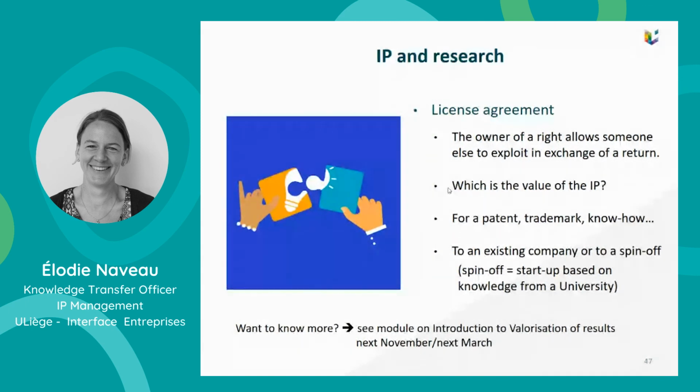And then the next step will be the license agreement. A license agreement is an agreement during which you allow someone else to exploit the invention in exchange of a return. The return can be a return in money, but it can also take other forms of return. It can also be new collaborations with the company. It's not always focused on getting the biggest money out of it. It's really a case-by-case analysis, and especially when an invention is exploited through a new company,